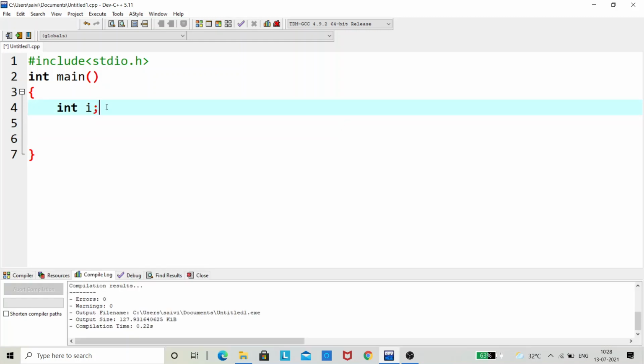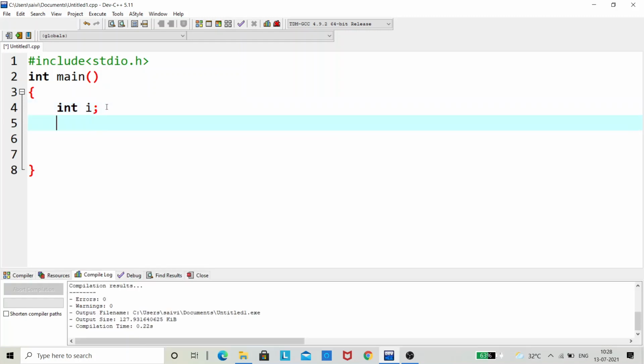The syntax for pre increment is put two plus signs before the variable. For post increment, it is nothing but put the two plus signs after the variable instead of before the variable. Now let's experiment this, whether it is incrementing or not with a value.